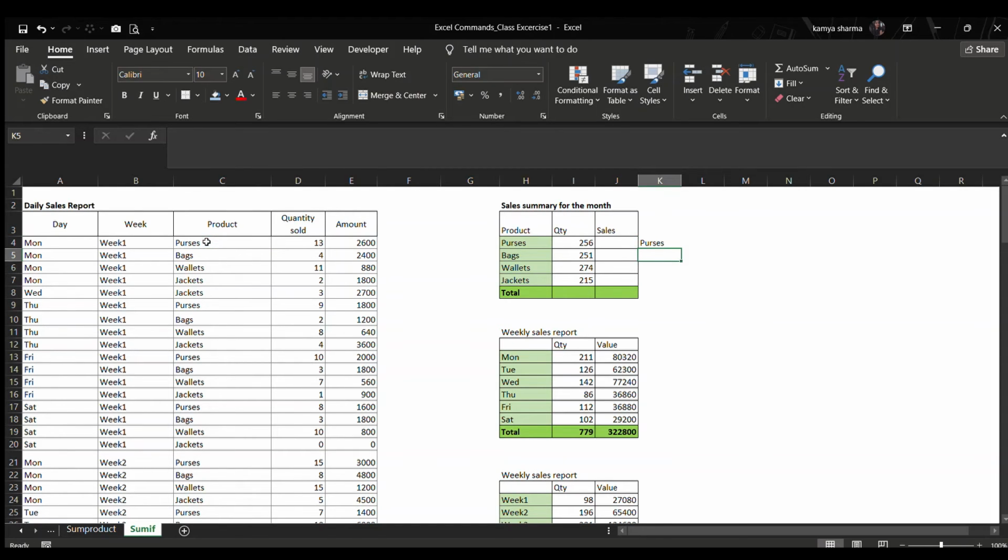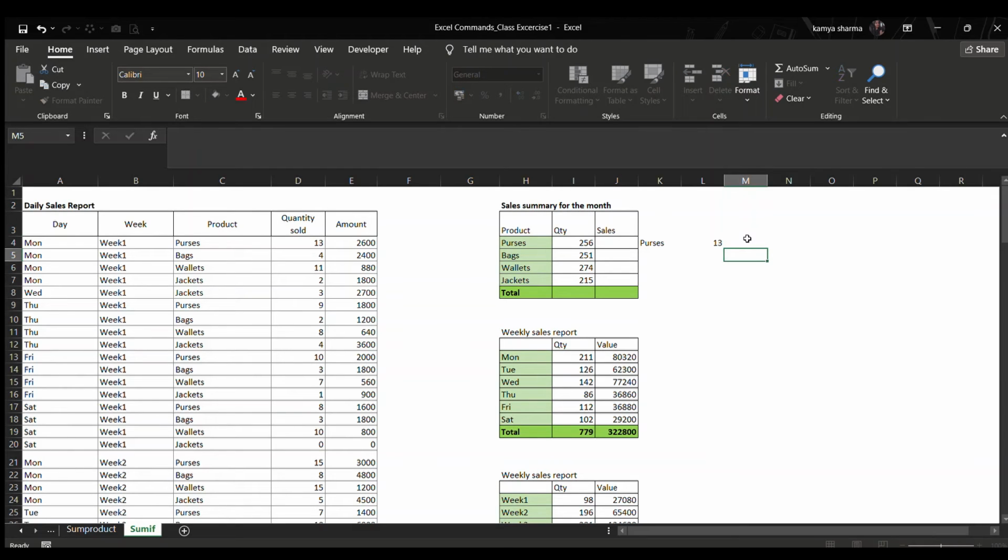C4 persists, but if we move to the right one, it is now showing D4. So we are sticking to row 4 only, but the columns are not the same. If we move rightwards again, it will be showing E4. This is because the dollar sign before the letter or the number defines which part we are freezing in the formula.